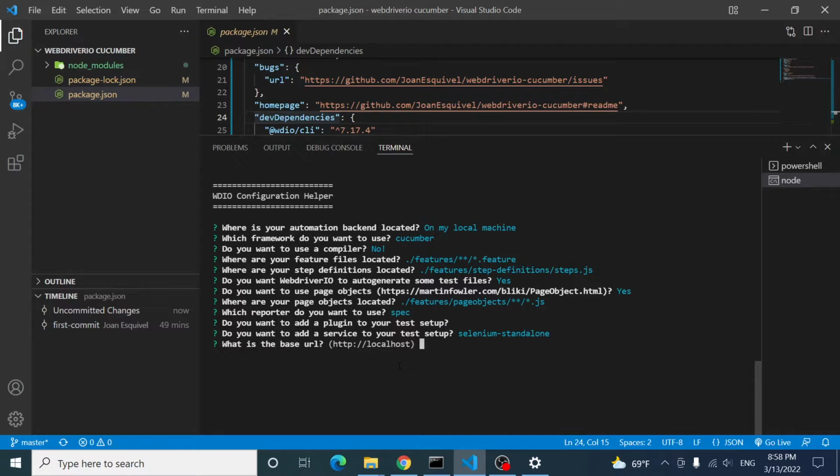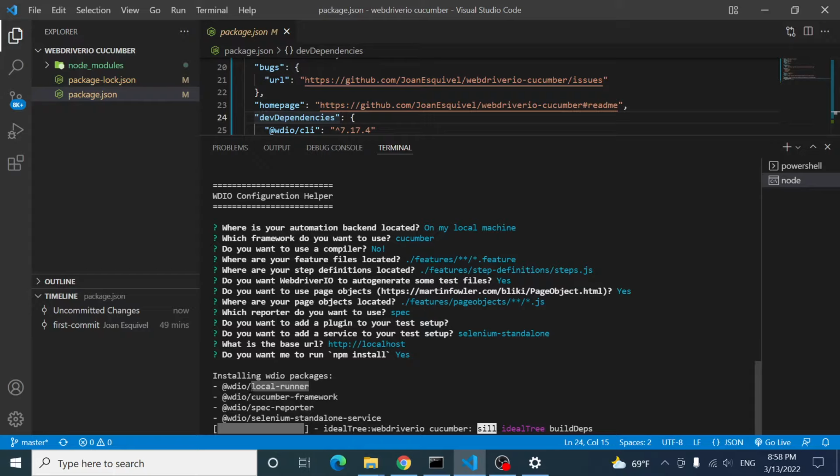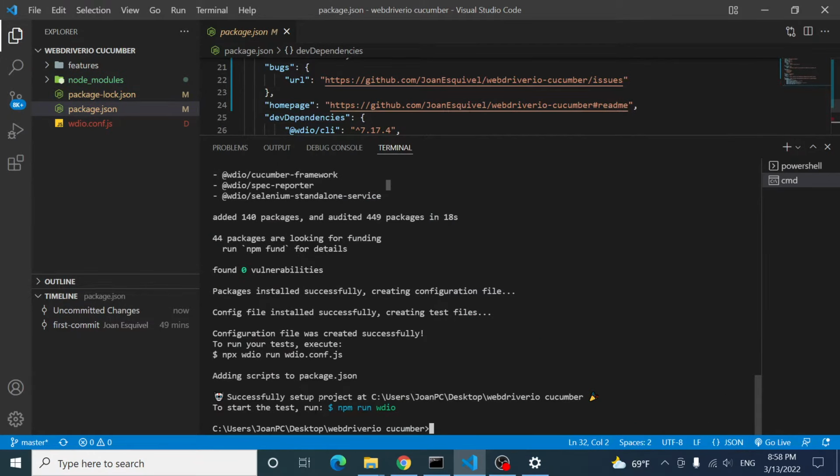Okay. And now the base URL is going to be the default one. And now it is asking me if I want to run the npm install command. And I'm going to say yes, because I need to install the different packages that I have defined before. I need to install the Cucumber framework, the spec reporter, and the Selenium standalone service. And it is currently installing. It is going to take a few seconds. So let's wait for a small moment, okay? Okay, it is pretty fast,